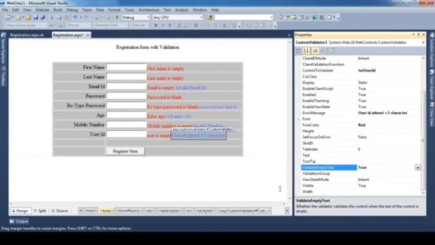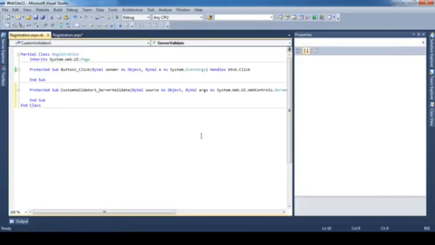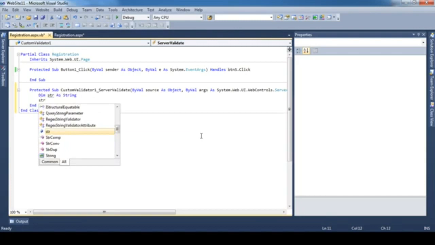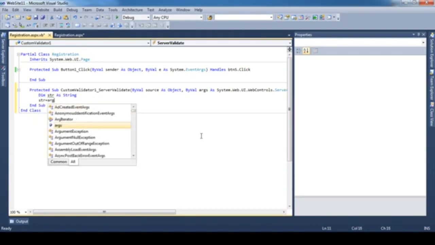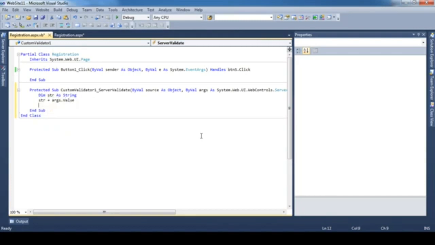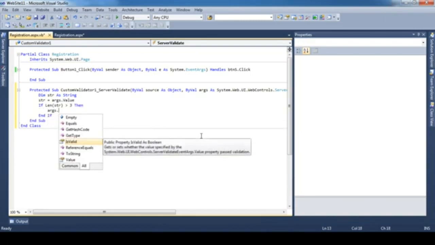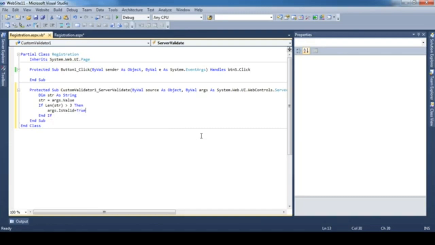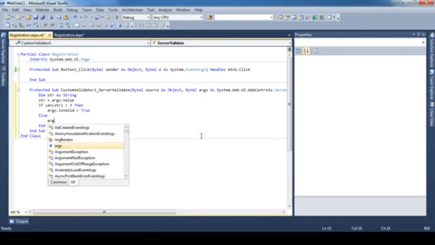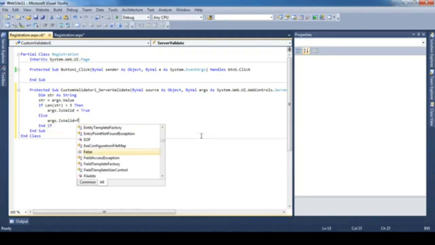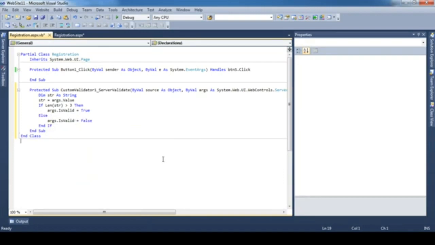Now for validation, this particular event I have called ServerValidate. Just double click on it. I have declared one string variable. Then I have taken the value from the user inside the string, and then I am comparing: args.IsValid equal to true, else false.